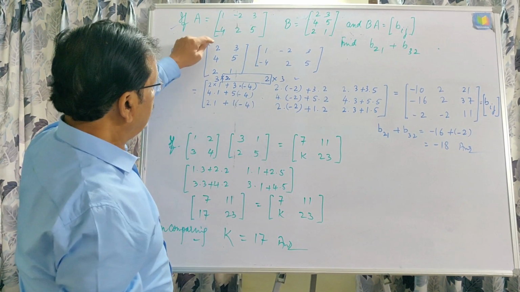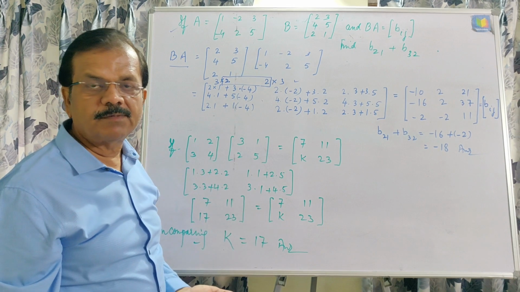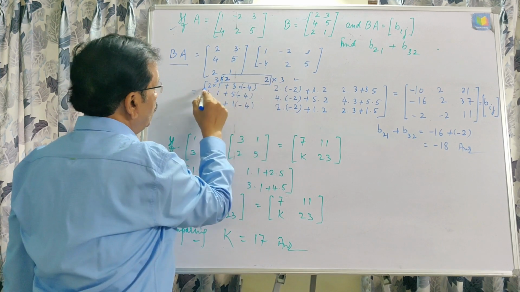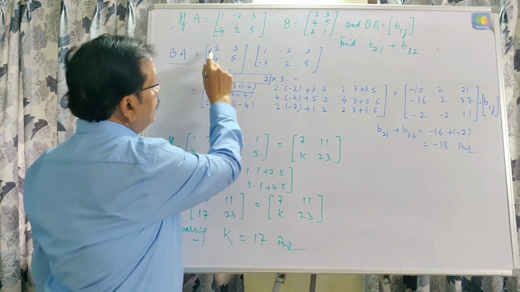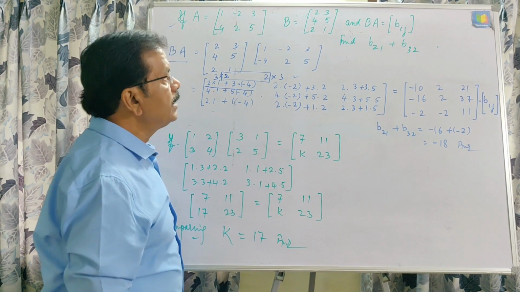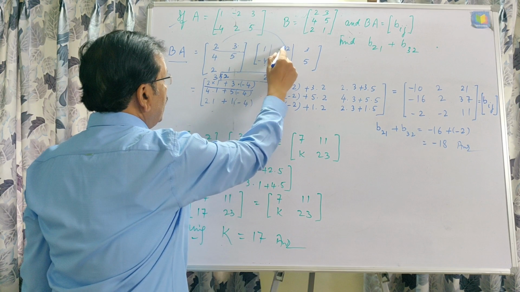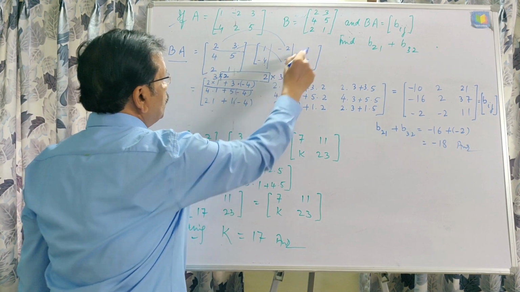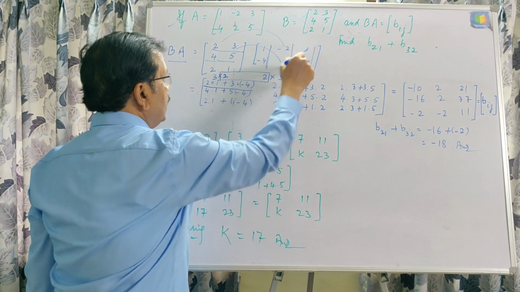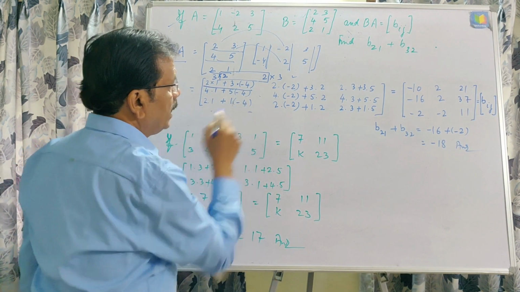Now you can see, after checking, this can be multiplied, so corresponding elements are multiplied and added. Here first row, first column: corresponding elements multiplied and added, meaning 2 multiplied by 1 plus 3 multiplied by minus 4, the first element. In the same way, 2 multiplied by minus 2, 3 multiplied by 2, we can write all these elements: first row, second column; first row, third column; now second row, first column, second column, and third column. In the same way, for the third row we can apply the same thing.